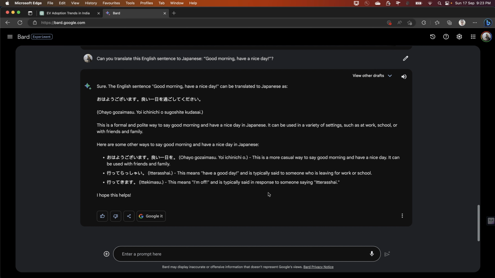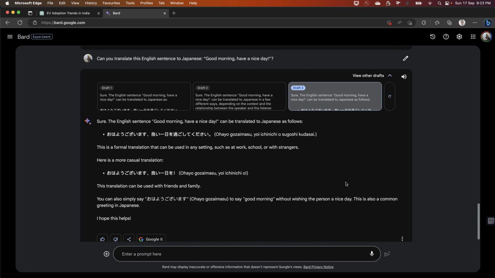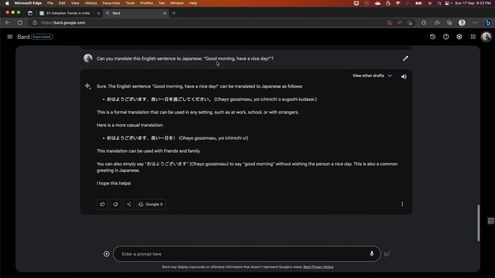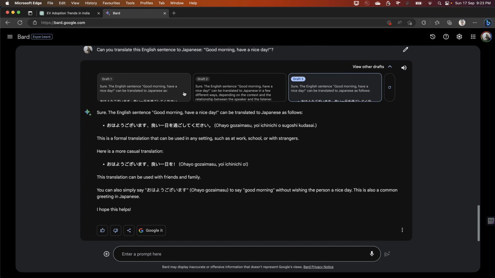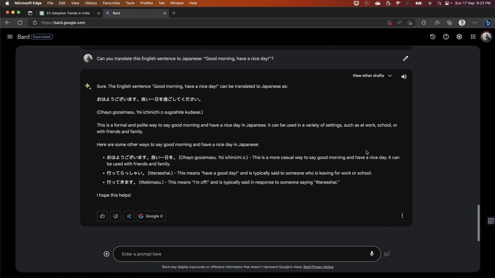I barely understand these scripts, but in case any of my Japanese fellows are looking at this, they can make sense out of these three and really understand what I'm trying to mean here. For the simple line, three versions have been created, and this is a little overwhelming for me. So many a Japanese fellow can just comment on the discussion thread whether what was generated is correct or not, and up to your expectation or not. That's what you can also say.